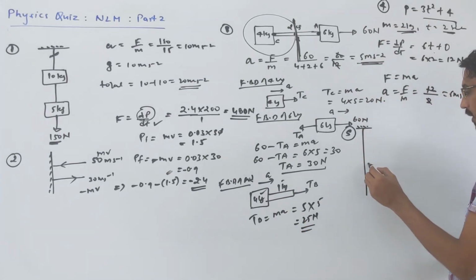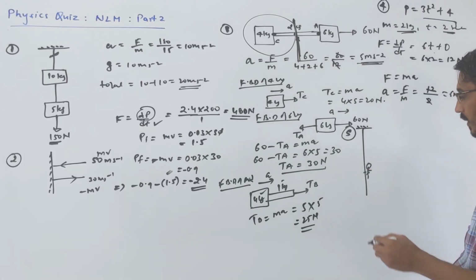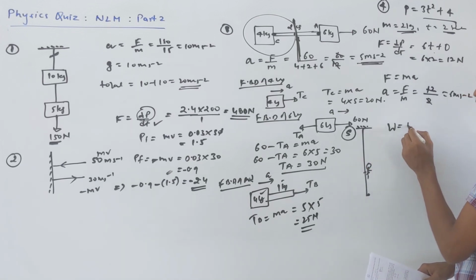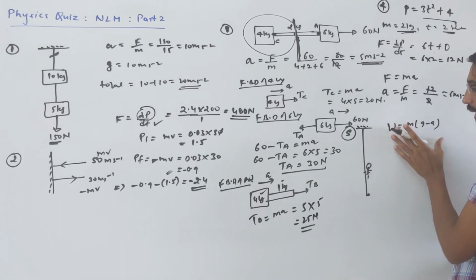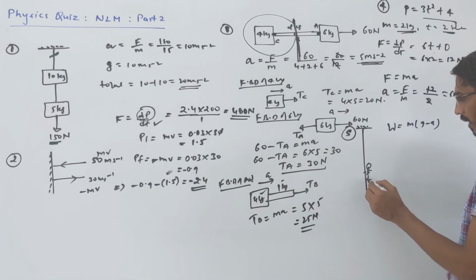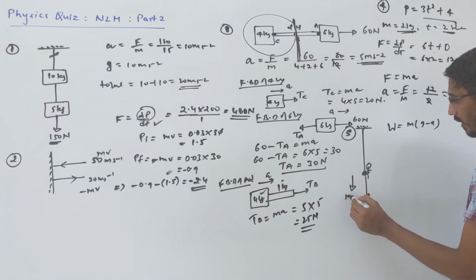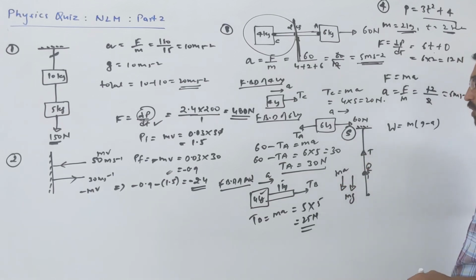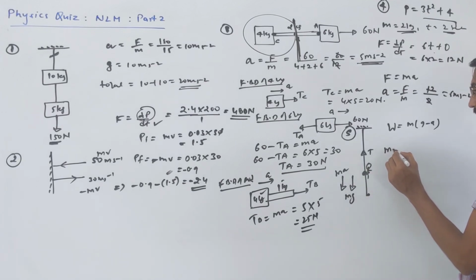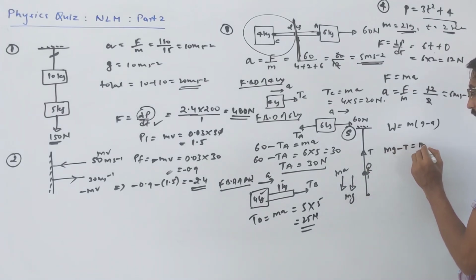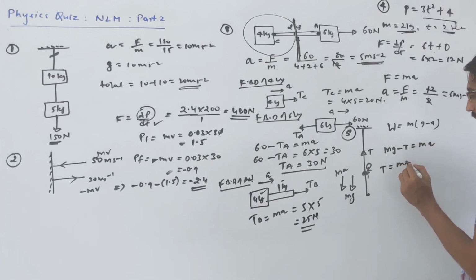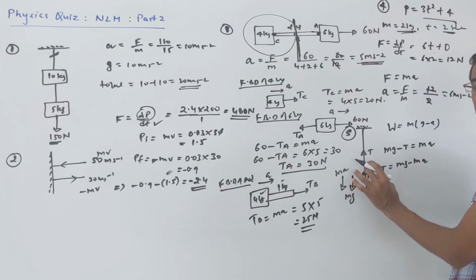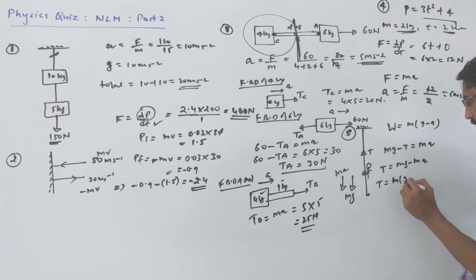So this boy is trying to climb down. Like a lift moving down, what is the net force exerted? It is m(g minus a). If you don't know, let me do it again. How are the forces acting on this rope? Weight of the man is downward, tension T is upward, and he is accelerating downward with ma. So net force: mg minus T is equal to ma, or T is equal to mg minus ma. Tension in the rope, or the force exerted by this man on the rope, is m(g minus a).